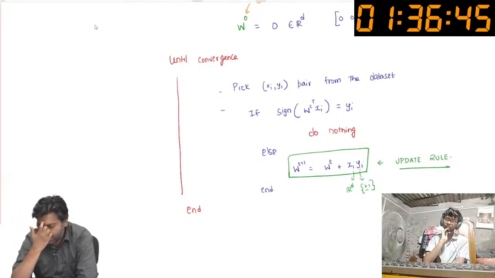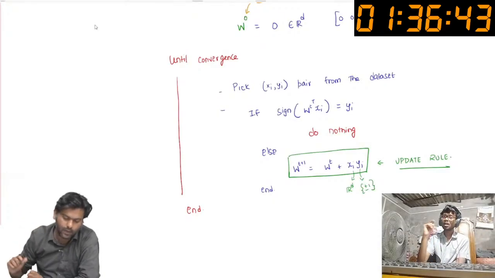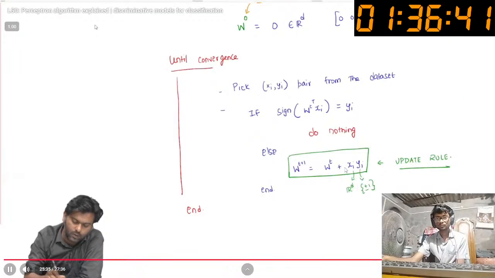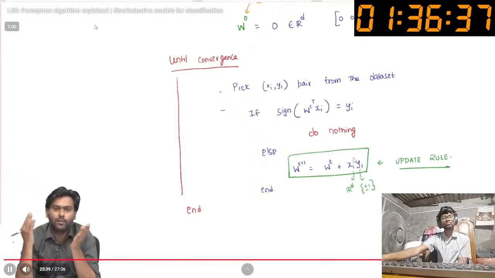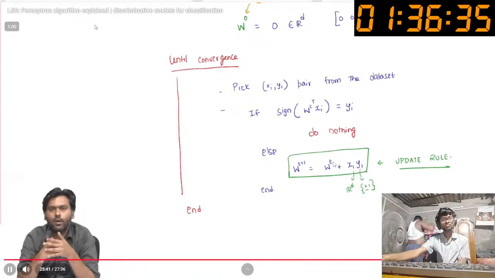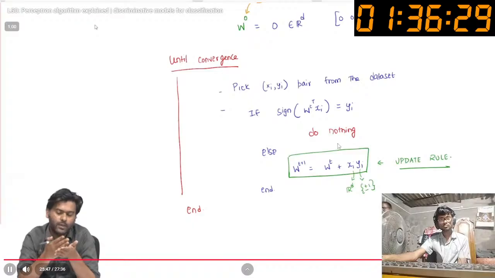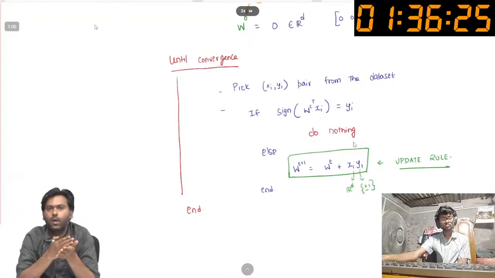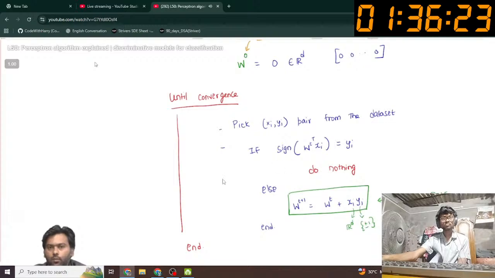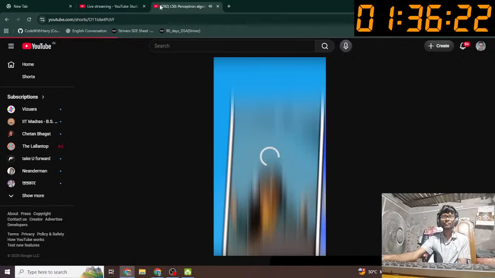Now, what I am saying is that if you keep doing this, then I am claiming that you do this until convergence, right. So, that's a statement that needs some clarification, right. So, what do I mean by convergence here? Well, we will say that the algorithm has converged if you have found a W which correctly classifies all the data points, right. So, if not, you